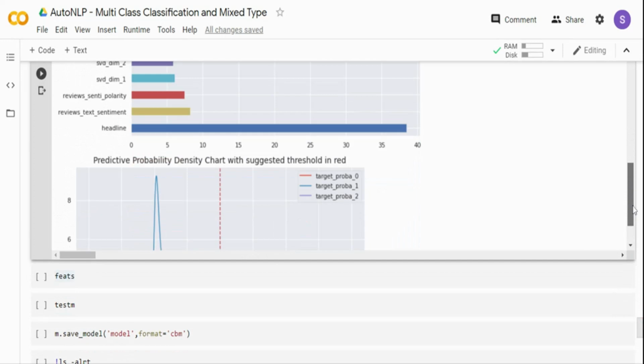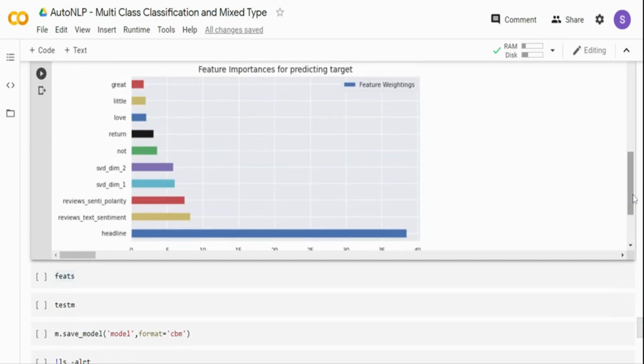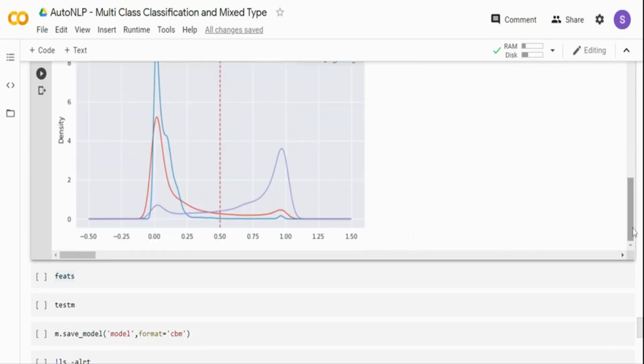And if you come down, it's showing you the feature importance. So basically, it has found some variables that it feels might help. The headline column is one of them, which comes with the data. There's a review column where it has generated a sentiment and polarity. It does a lot of dimensionality reduction because we get a lot of data in the text classifier and everything. So it uses truncated SVD, and this is printing which of those are also important columns. So it gives you plenty of information for you to take.